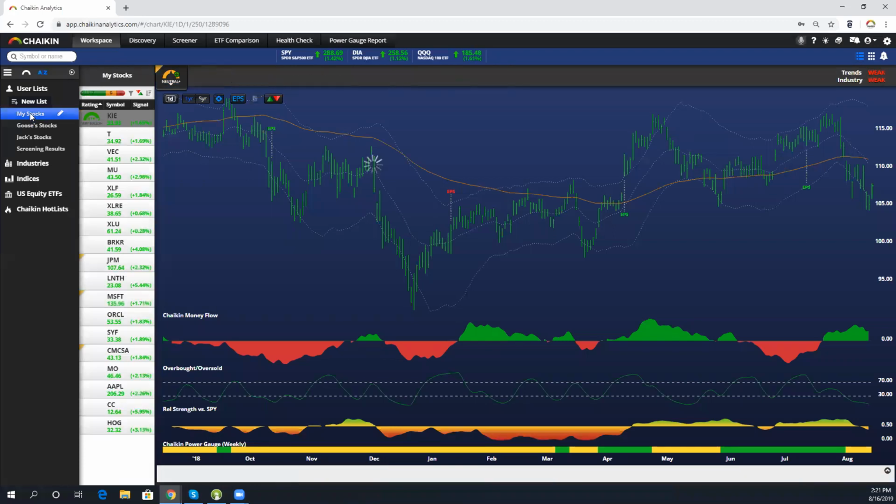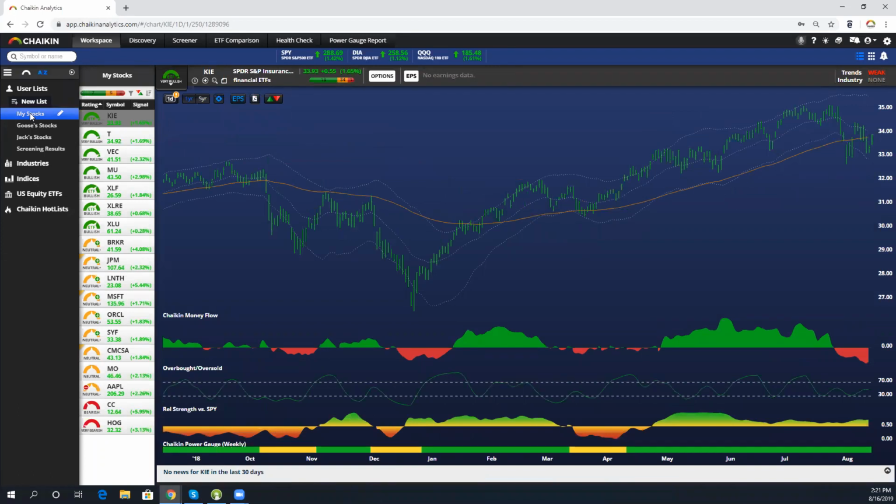So the next thing I want to talk about is some of the attributes and qualities of a list. We did mention my stocks as a default list. I should mention again that you are not capped in the number of lists you can have. You can have quite a few lists. If you're an advisor, we recognize that you likely have different clients or model portfolios. Maybe you're managing multiple portfolios as an individual, maybe with certainly taxable and tax exempt. Maybe you have additional portfolios for children or grandchildren. So